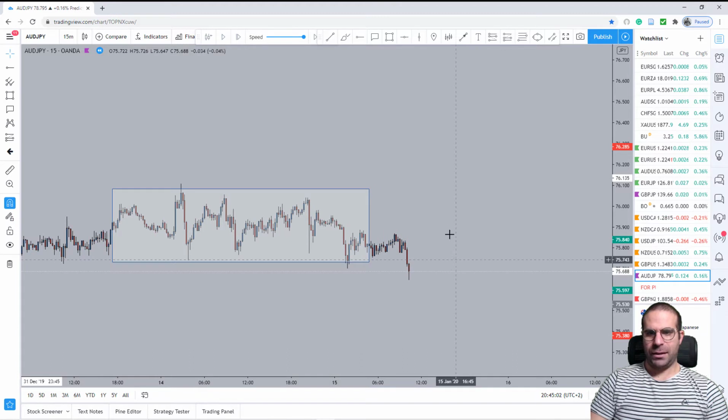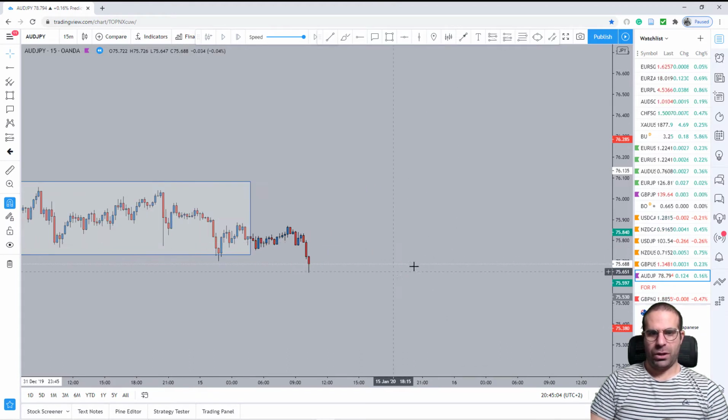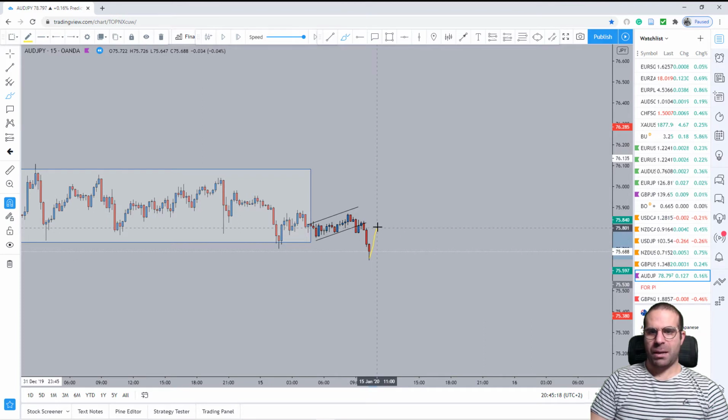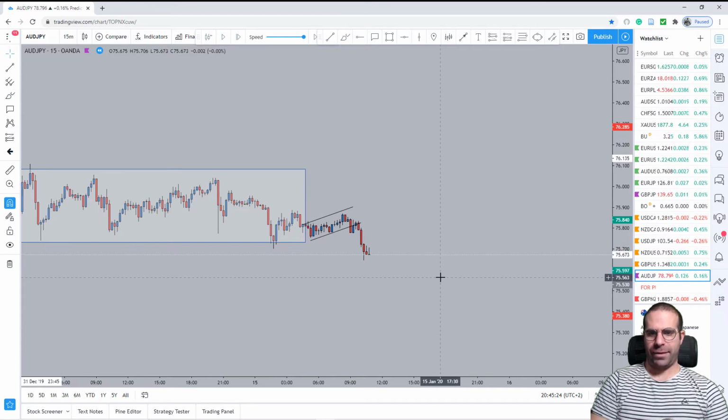Okay, that's a nice candle. That's not a nice candle though. We saw a nice candle, we saw a nice break of this channel, you can call it, of this kind of flag pattern. But then what did we see? The second candle had a large wick. So now if I see price coming back and then moving again, I will be placing a pending order here. Okay, but for the moment I will be doing nothing.